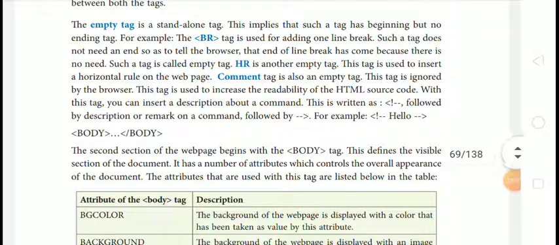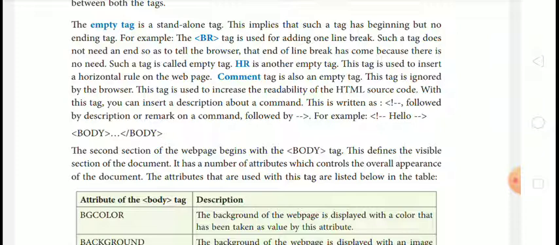The empty tag is a stand-alone tag. This implies that such a tag has beginning but no ending tag. For example, the BR tag is used for adding one line break.